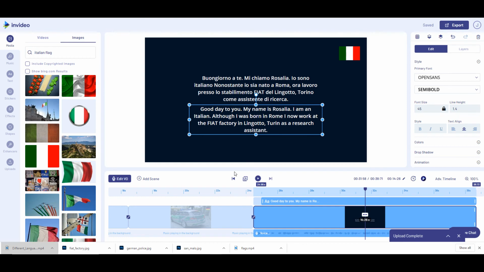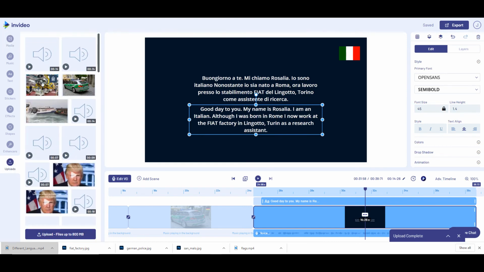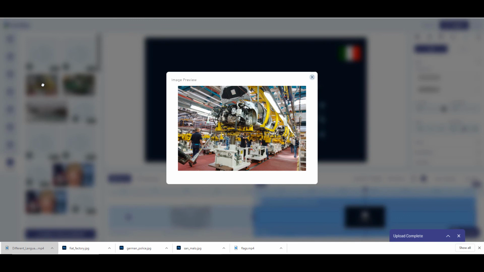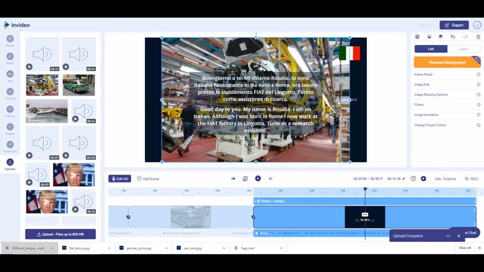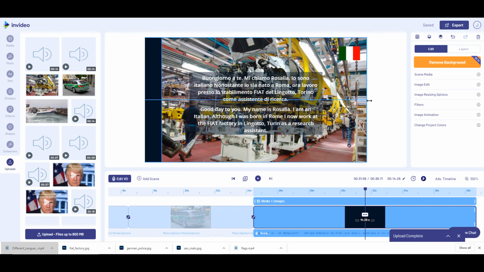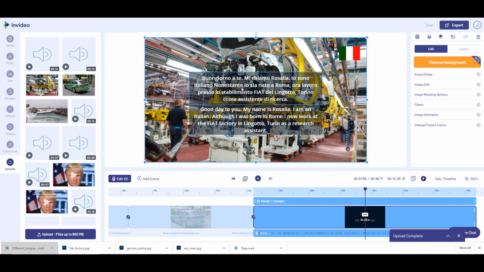So the next thing we want is to find a picture of the Fiat factory. Now unfortunately I tried on the media here, I couldn't find one, so I've uploaded one from another library. So here we have, as you can see, a picture of the Fiat factory. It is genuinely the Fiat factory, not just any old car factory, and so we can drag that on and then we'll just pull to the edge to there, and you can see also to make the text readable